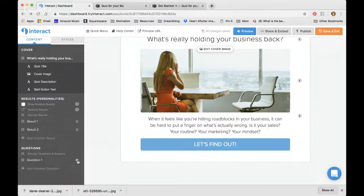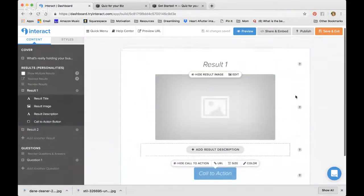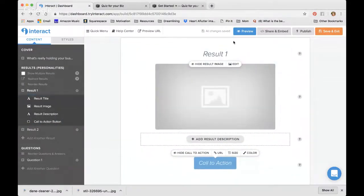Reordering is an organization thing. So maybe you need to reorder at some point, but that's just because you put them in the wrong order, if I'm remembering that button correctly. So we're going to make a result. It's the exact same process, right? You add a